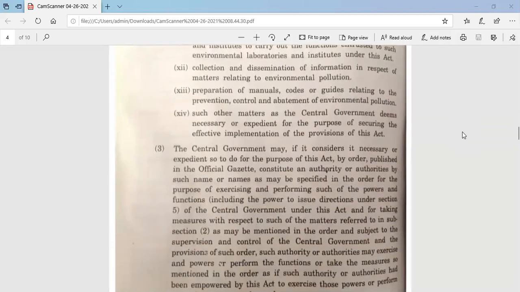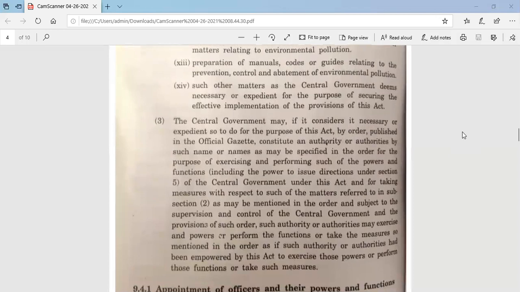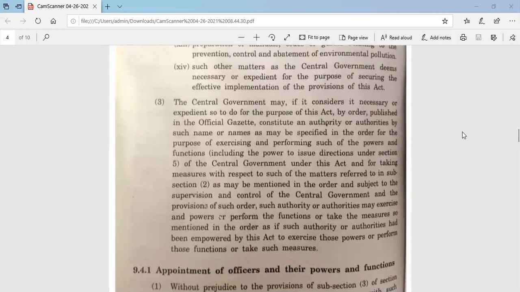And such other matters as the central government deems necessary or expedient for the purpose of securing the effective implementation of the provisions of this Act. So the third point is that the central government may, if it considers it necessary or expedient so to do for the purpose of this Act, by order published in the Official Gazette, constitute an authority or authorities by such name or names as may be specified in the order, for the purpose of exercising and performing such of the powers and functions, right,